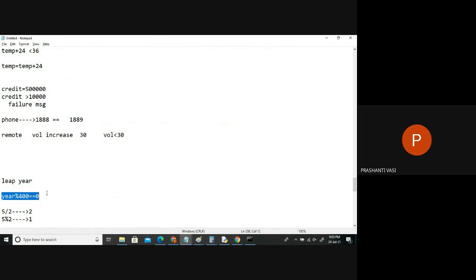But for non-centuries, at least we can check the centuries with which division? By mod of 400. If it's perfectly divisible by 400, that century is definitely a leap year only, like 2000 or 1900. If you see this, if it's not divisible by 400 perfectly, it's not a leap year, right? But this is a leap year. If I say 2400, that's also a leap year, right? Is that clear?